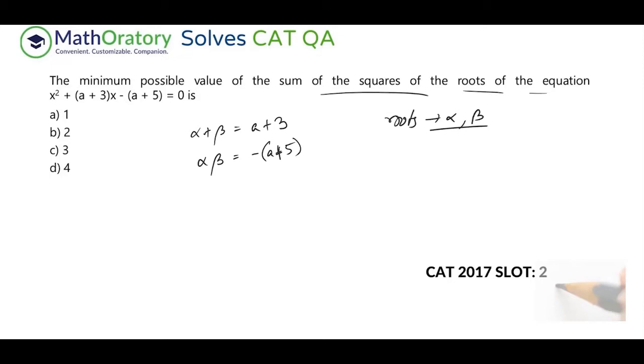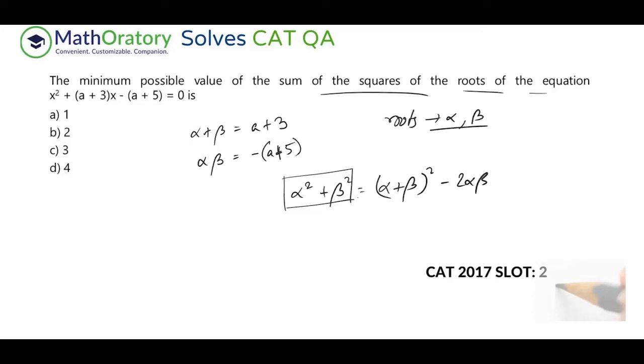And also, of course, the relationship, or rather alpha plus beta whole square. That's it, I mean, how to square it up. So just changing the side here. So this is what we require, right? Alpha square plus beta square, the minimum of that. But we'll come to that. First of all, let us figure it out in terms of a.